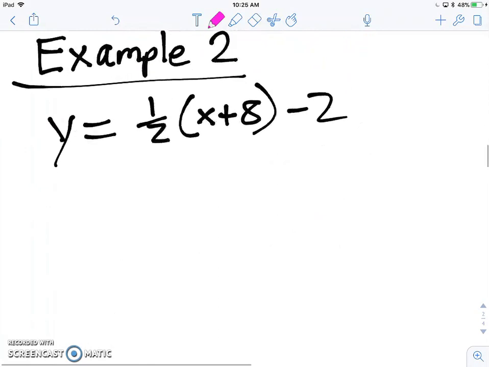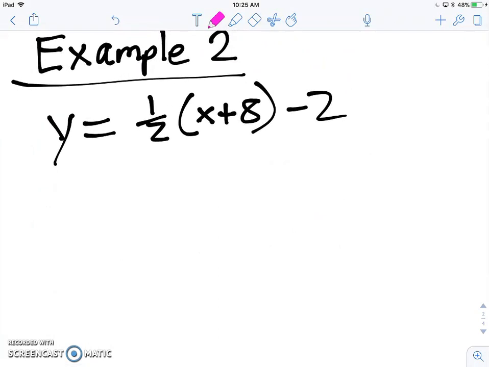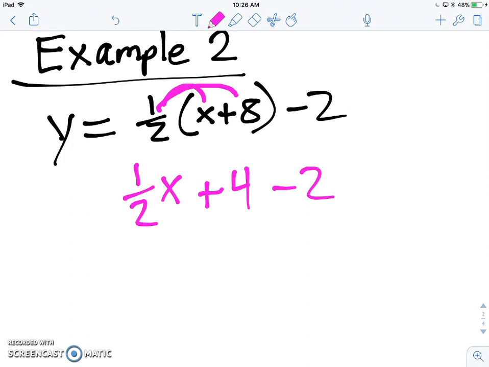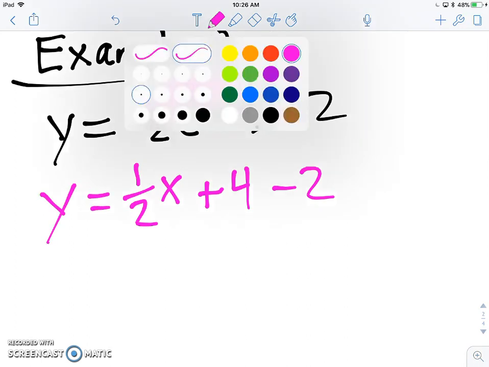Example 2, y equals 1/2 times the quantity x plus 8, minus 2. Once again, we can remove the parentheses by using the distributive property. So we want to distribute the 1/2 to the x. So 1/2 times x is 1/2 x. And then 1/2 times 8 is a positive 4. Then we go ahead and just bring down our minus 2. And y equals,